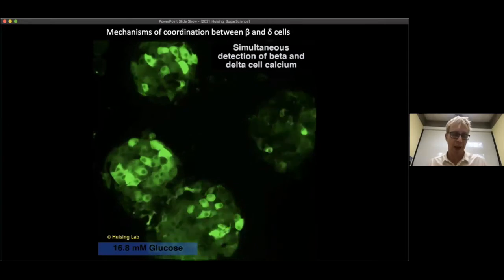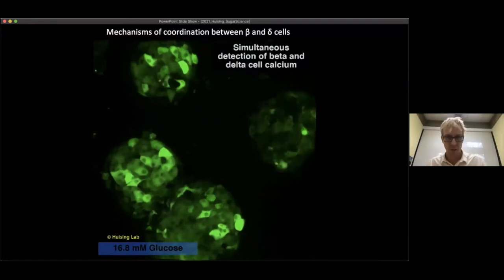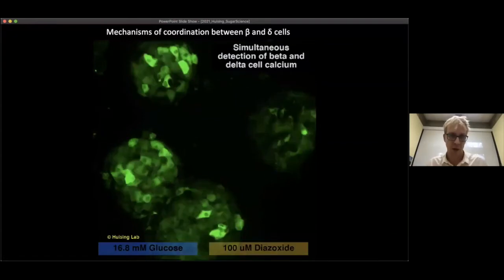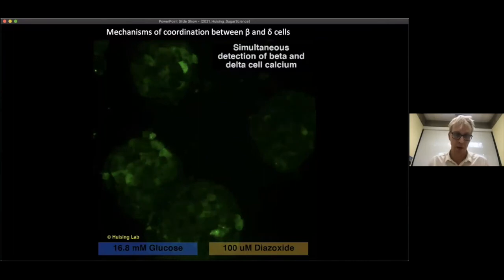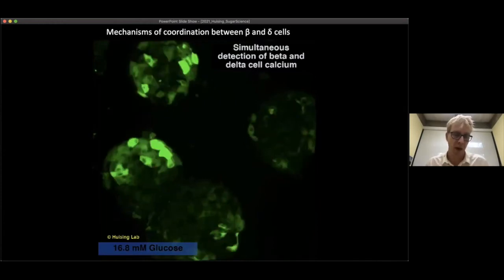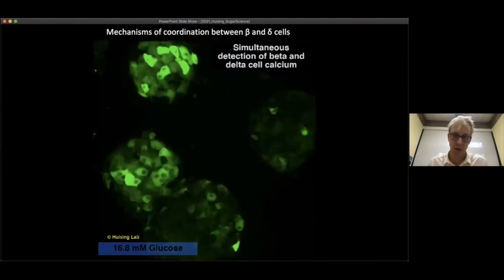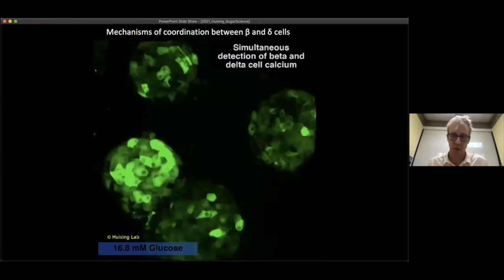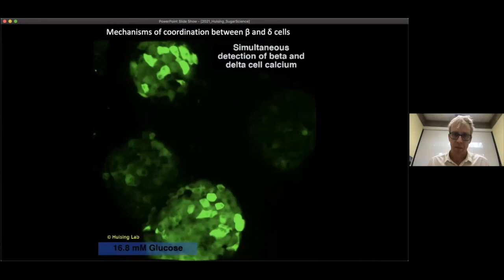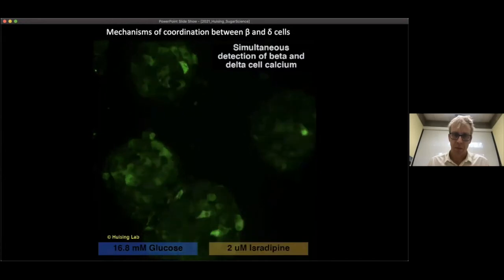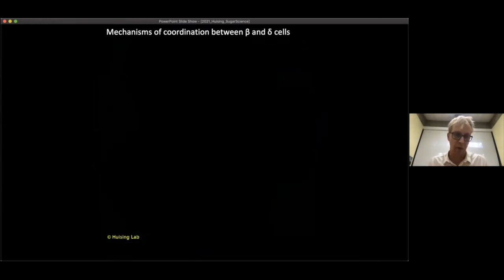Then we're going to add diazoxide, which we know will inhibit beta cells, and because it opens KATP channels, it'll do the same thing to delta cells right here. So that's what silencing sounds like. And then we wash the diazoxide out, and we'll see both of these cell types come on again. And then you come back with an L-type calcium channel blocker, isradipine, which will also silence all beta cells and most delta cells. There we go. So now they're silenced again. A few delta cells remain active,